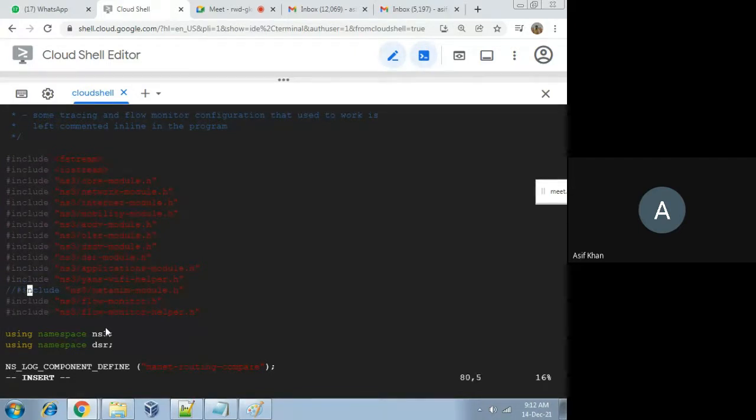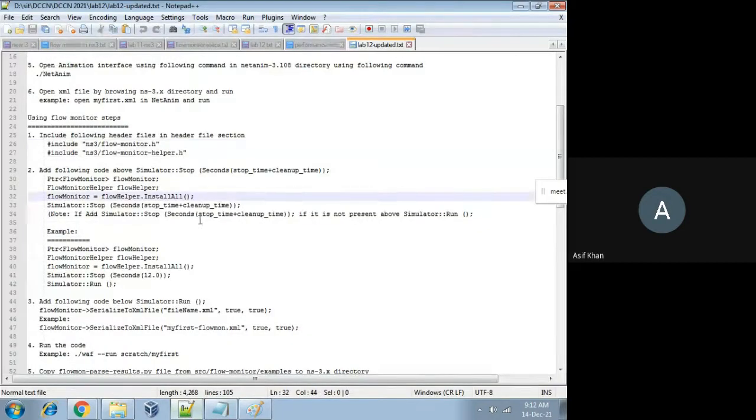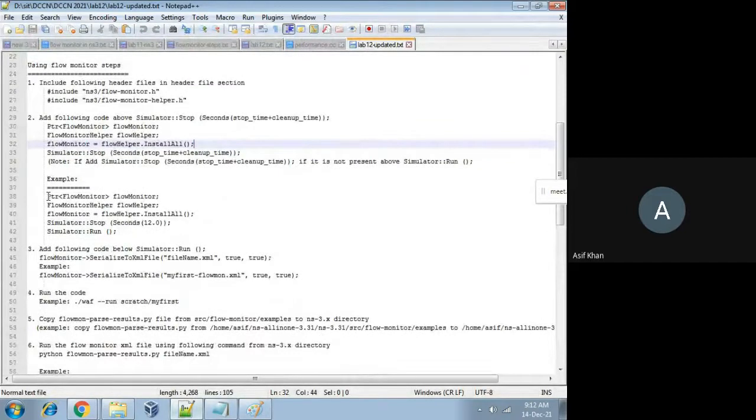Not here. Comment line: code added by me. Next I have to add this code: PTR flow monitor, flow monitor, flow helper. This one I have to add above stop. Above stop.